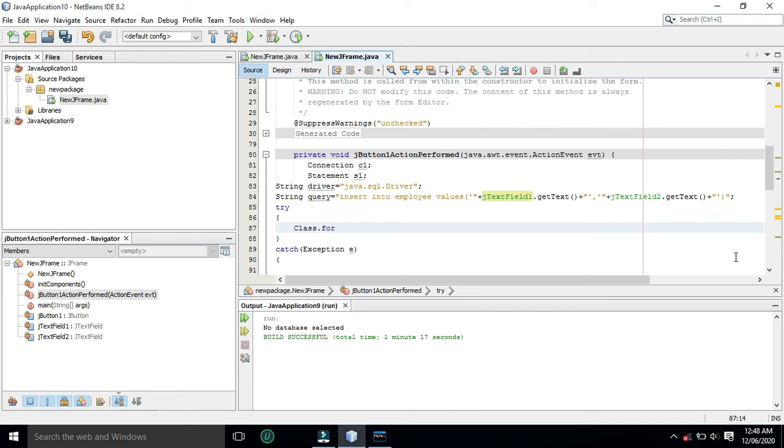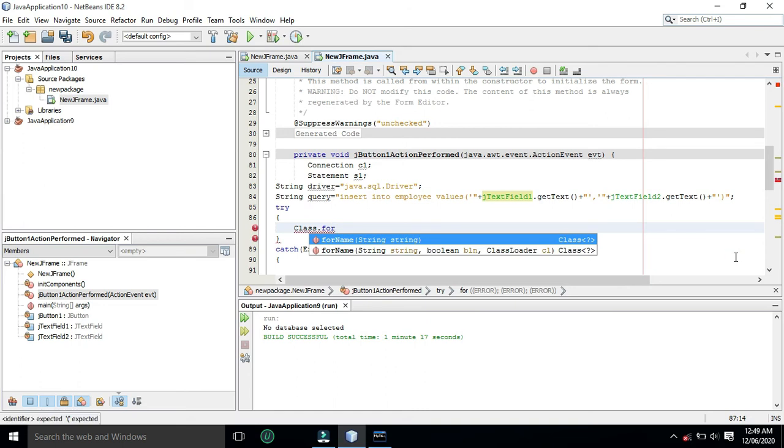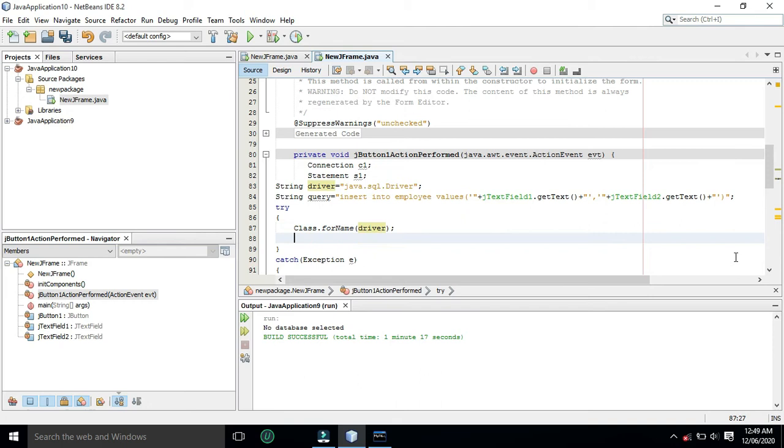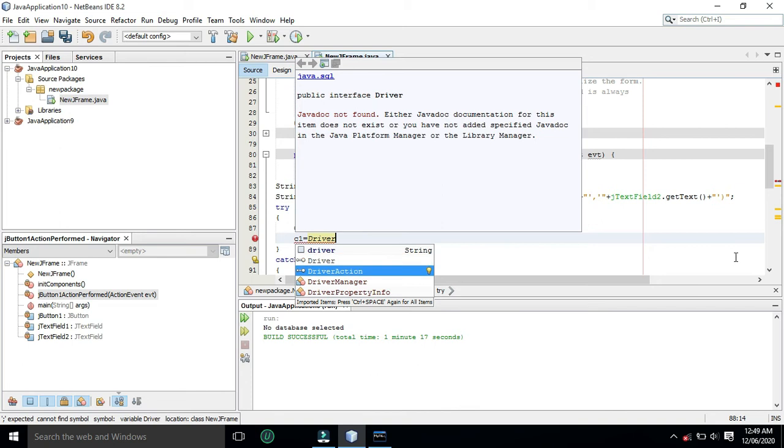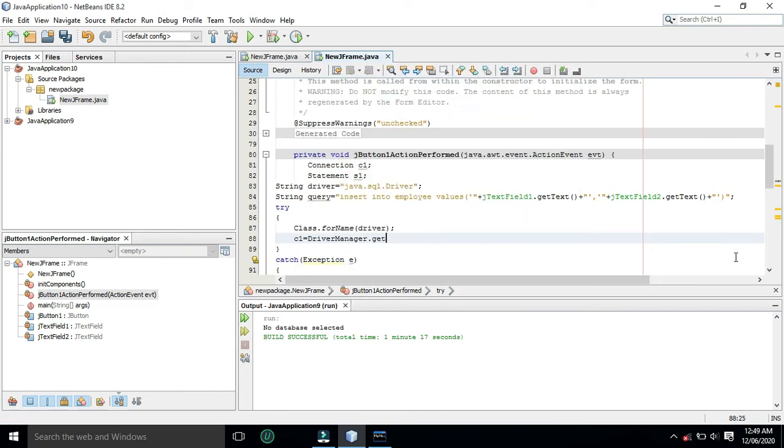Now this line will make a connection between Java application and MySQL database. Now we will specify the URL of the database and the username and the password of MySQL. So C1 equals DriverManager.getConnection. JDBC, that is Java database connectivity, which is used for connecting Java application to any DBMS.